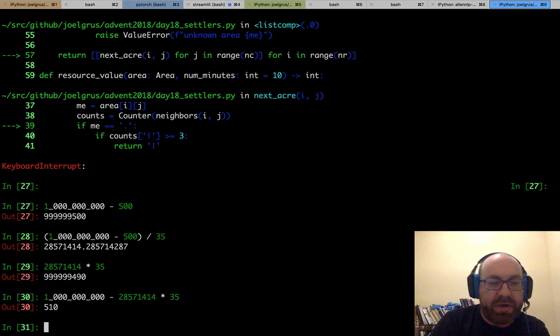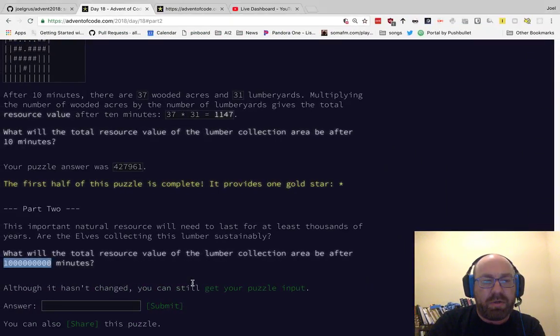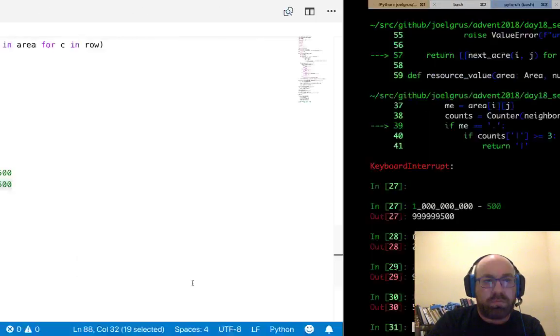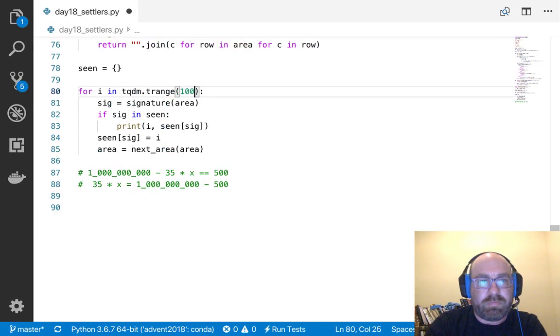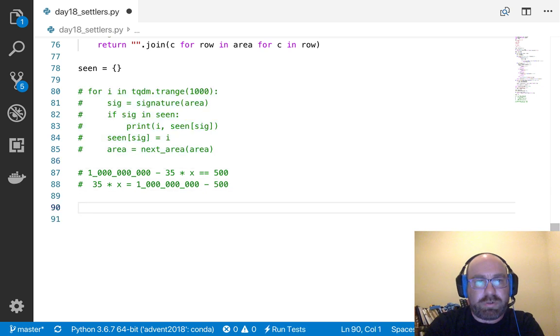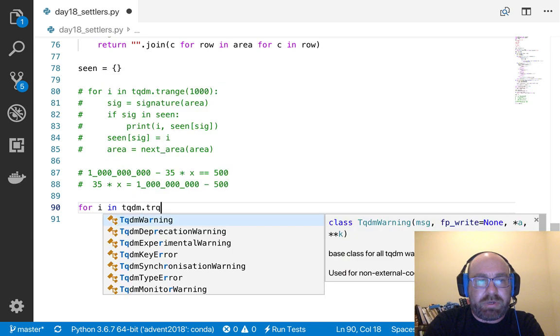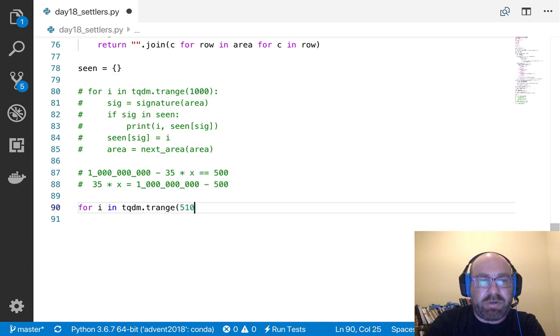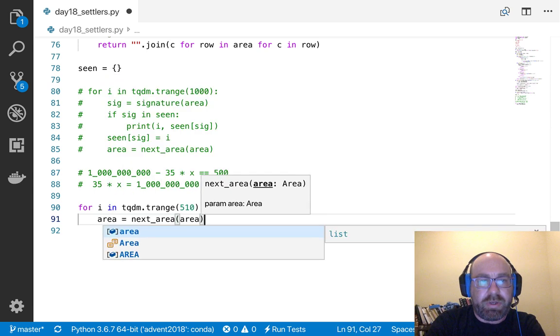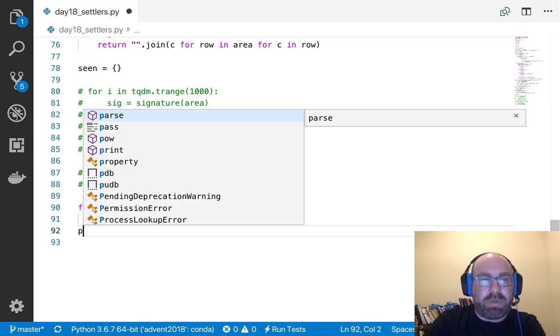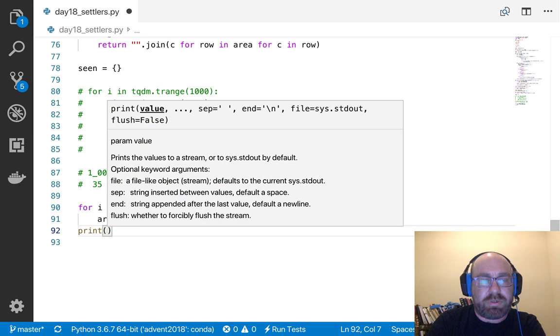It's basically saying that after 510 time steps, it should be the right answer. So let me do this: for I in tqdm.trange 510, area equals next area, and then print